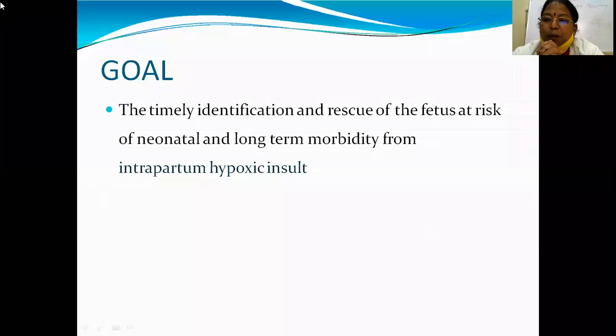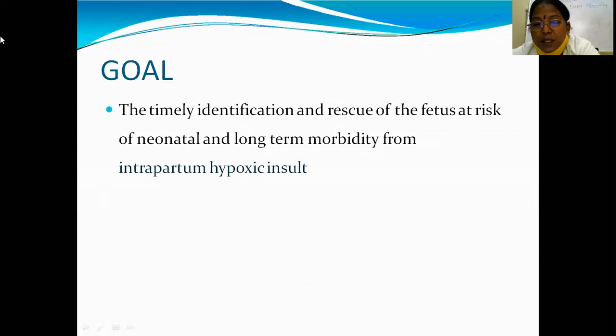But when the baby is having complications like intrauterine growth retardation or any other maternal and fetal complications, that means the baby is not a healthy baby. It's a compromised baby. How this compromised baby reacts will be seen on fetal monitoring. It is intended to assess fetal oxygenation during labor and the subsequent fetal physiological response to the O2 transfer when it is interrupted, that is, the changes in fetal heart rate due to hypoxia.